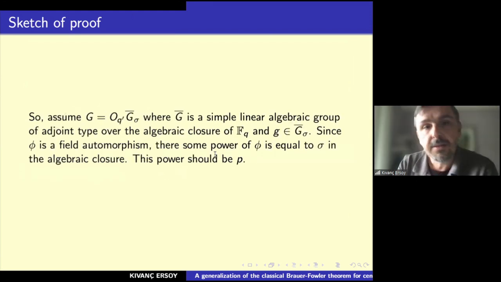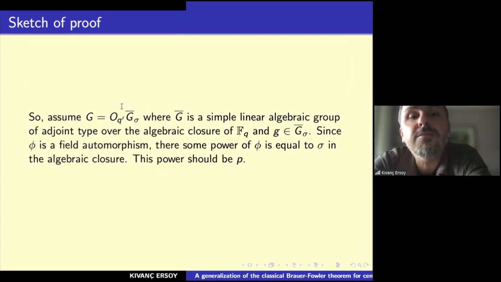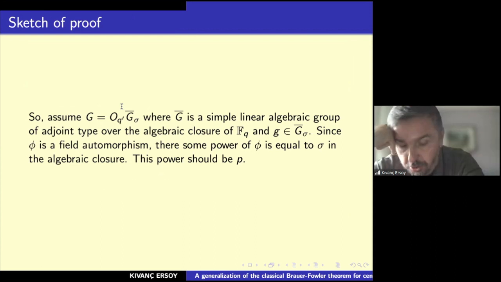So sorry for the notation here. This Q should be upstairs here. So assume G is Q prime of G bar of sigma. Q is the characteristic of the field. I don't know yet if P is equal to Q or not equal to Q, but okay. Where G bar is a simple linear algebraic group of adjoint type over the algebraic closure of FQ, and